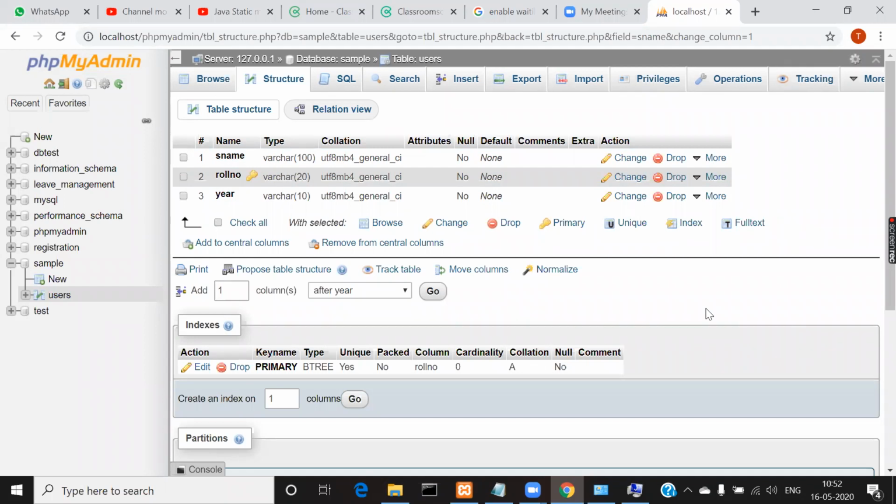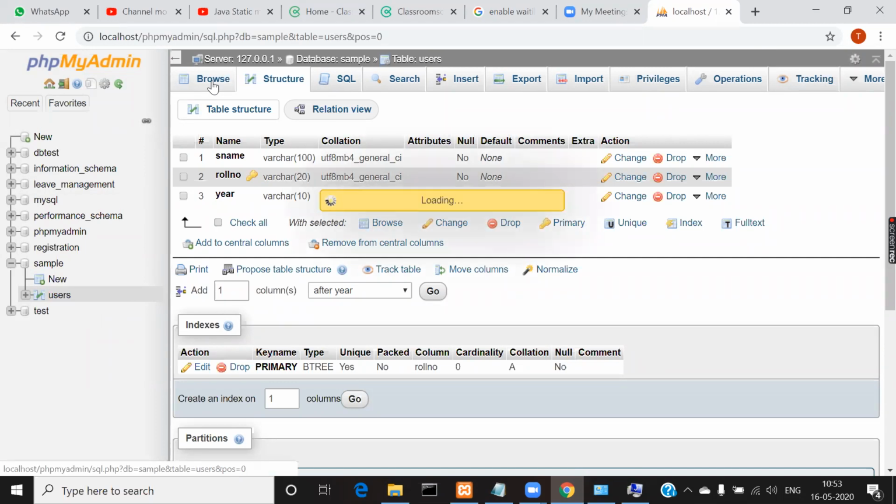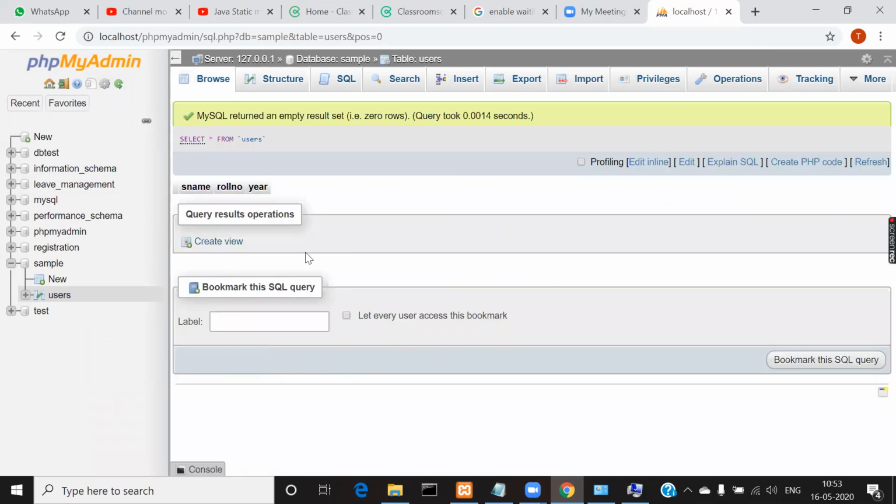JDBC and interacting with this MySQL database. If you observe my database on the left side here, it is currently selected, which indicates that I'm currently using this database sample, and in that database I'm using the table called users. Now if you are able to find this browse button, if you click on it, this will show you the number of rows that are already inserted into the table. Now it is not showing anything because we just created the table and have not yet inserted any records into the table, so it will not show any values.